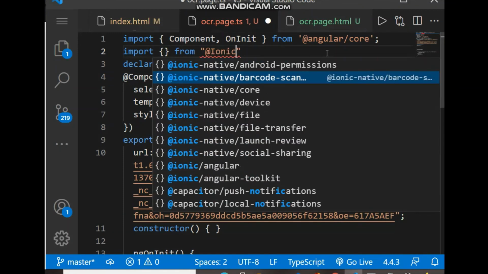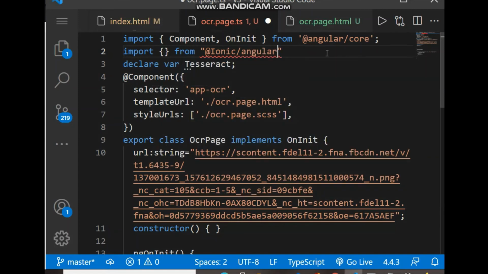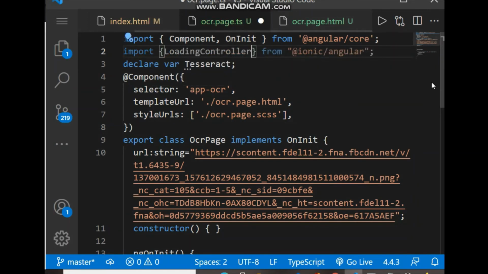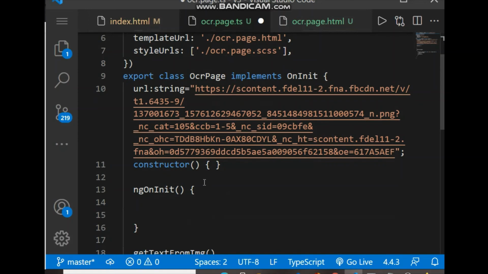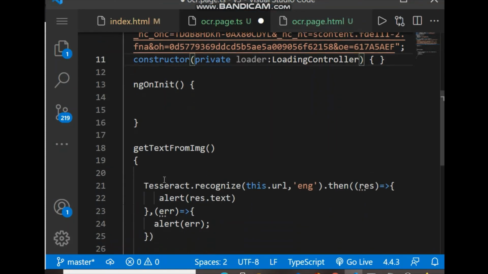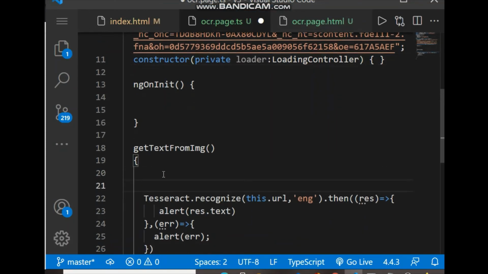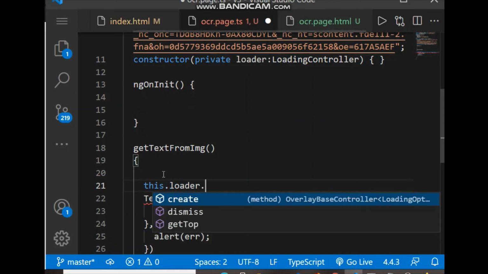So let's include ionic angular, import LoadingController, and inside the constructor we have to define private loadingController.